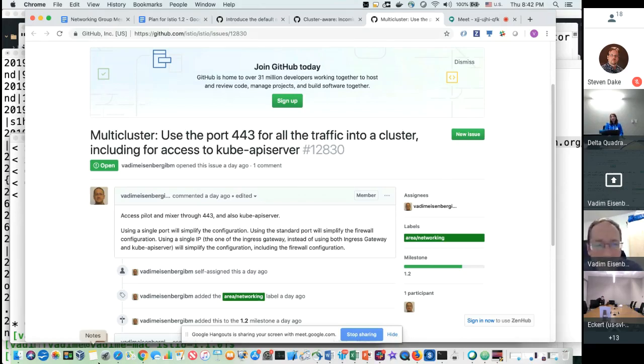Right. Okay. So just to clarify, there are three types of communications: between the services, between sidecar and remote control plane, and between pilot and the Kube API server. Okay. Yep. So I propose that communication between the services by default uses port 443, and for the two other types to use the ports as today and to also allow port 443. Yeah.